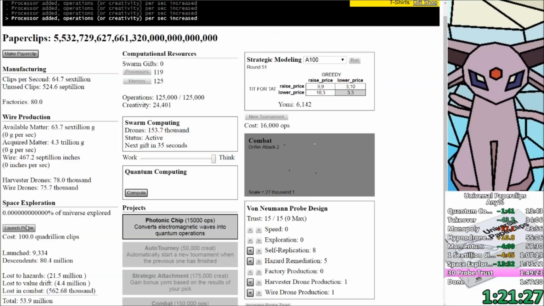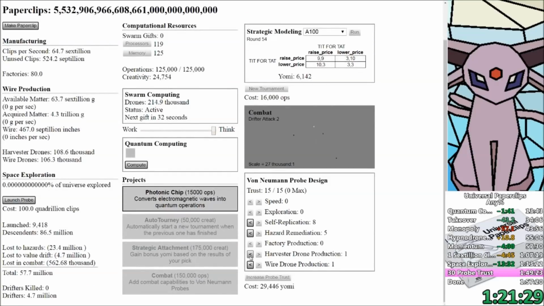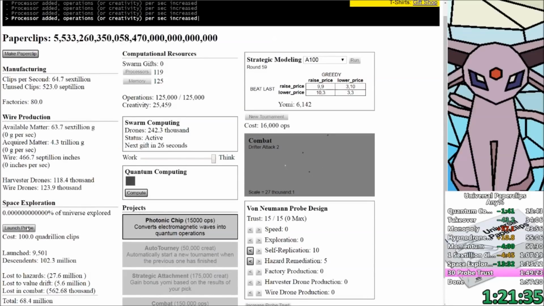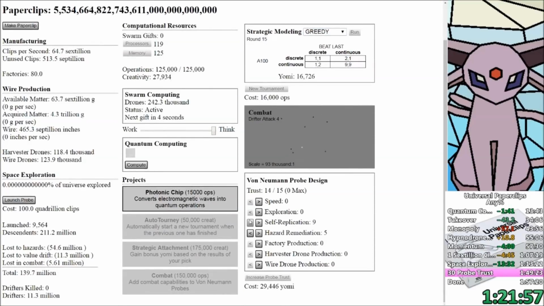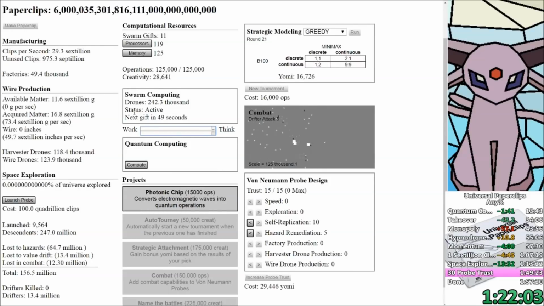But once you start losing lots and lots of probes, and if you're not careful, the drifters can actually start outnumbering your probes, and then it becomes a really big pain. It is possible to recover from it, but you have to put a huge number of points into combat just to make sure that your probes always survive. So I don't even have the 150,000 operations. I don't have enough memory to get that. But pretty soon with the swarm gifts, I will go ahead and get that up